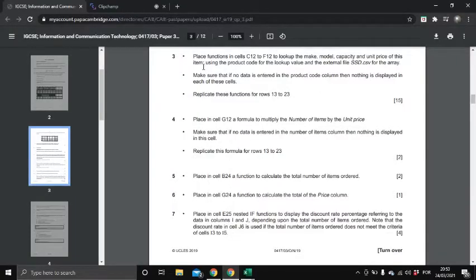After it says place functions in cells C12 to F12 to look up the make, model,